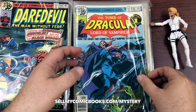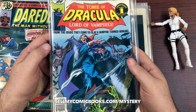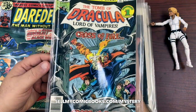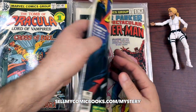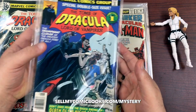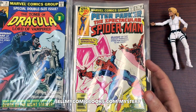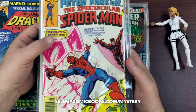And Tomb of Dracula, this has been going crazy recently, especially high grade. High grade, I say, you know, a 7.5 and 8 or more. That does really well on eBay. Everybody seems to want to complete their run of Tomb of Dracula lately, and I don't know why that is. This title just kind of languished in the background for decades, but lately everybody has got on the same vibe. And again, no idea why. It's just like everybody up and decided all at once they had to complete their Tomb of Dracula runs, or